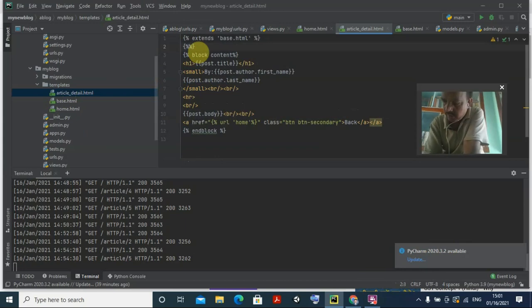Then here I'm writing the block title. In this block title, you write whatever you want.